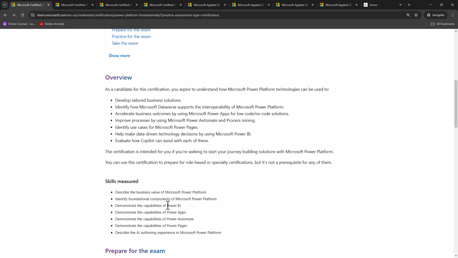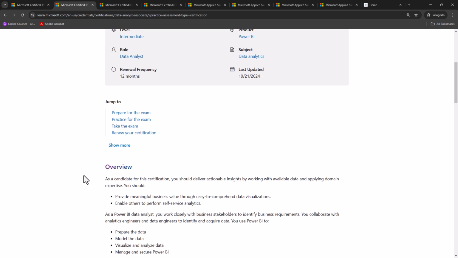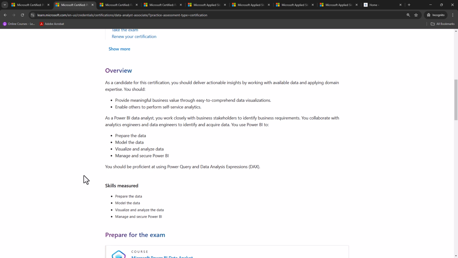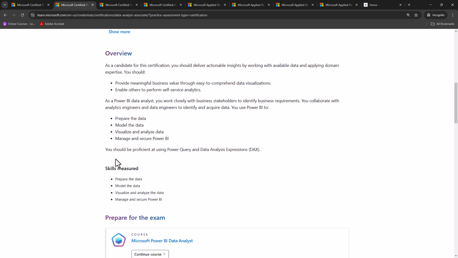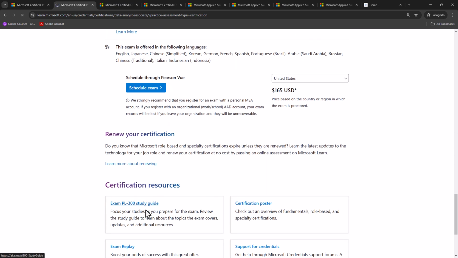If you want to demonstrate your knowledge of using Power BI, then the next exam is the PL 300, Power BI Data Analyst Associate. So this is in 4 main sections: preparing the data, modeling the data, visualizing and analyzing data, and managing and securing Power BI. So again, if we scroll down to the study guide,